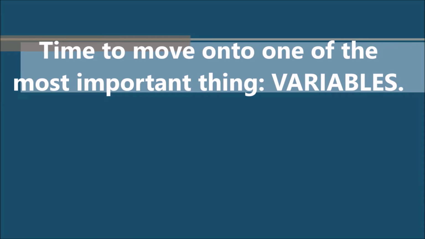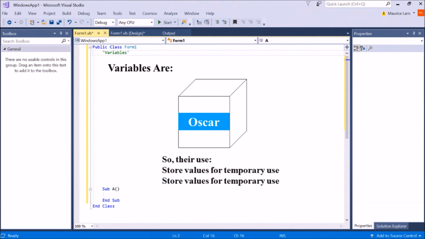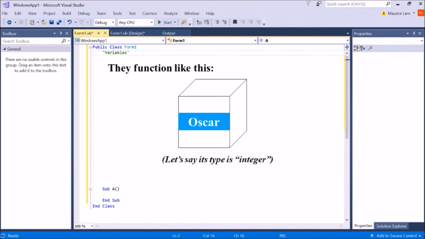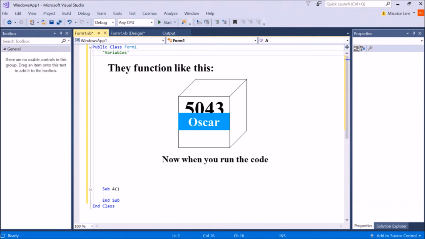Time to move on to one of the most important things, variables. Variables are somewhat like boxes. Let's give a name for this thing. So their use is to store values for temporary use. How they function: let's say the type of Oscar is integer, and 5043 is the value to store. Now when you run the code asking what Oscar equals, the result is